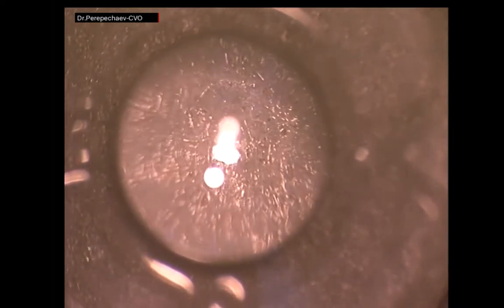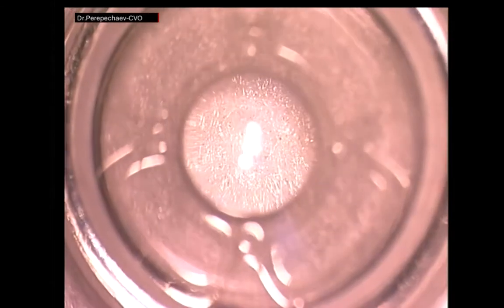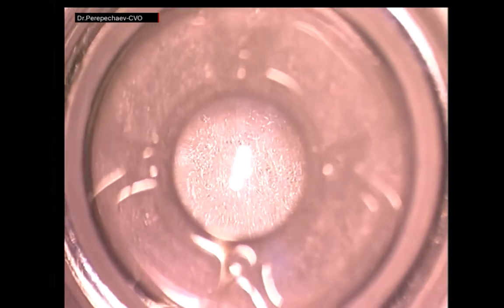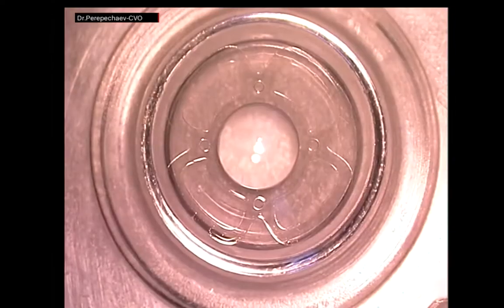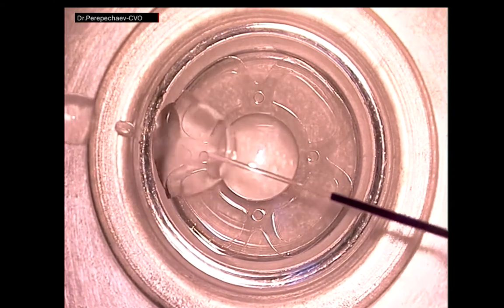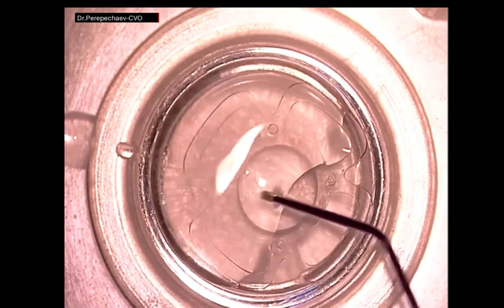4 holes are made around the optical part, and they are necessary for more controlled manipulation with the lens in the capsule bag. Due to the closed circular haptic part, the lens is characterized by extremely high stability in the capsule bag, and the optical part of the lens is always automatically centered in relation to the center of the pupil. The lens is intended for implantation after cataract surgery in dogs weighing more than 15 kilograms with large eyes